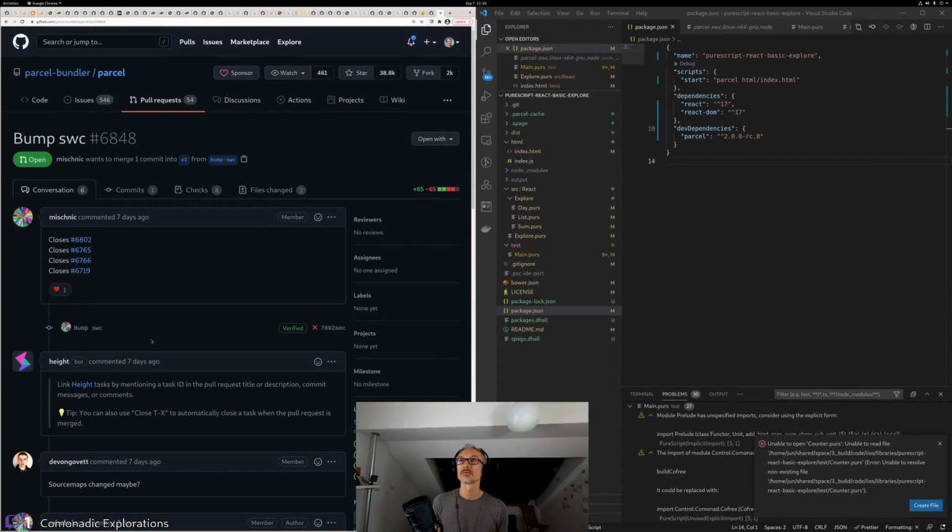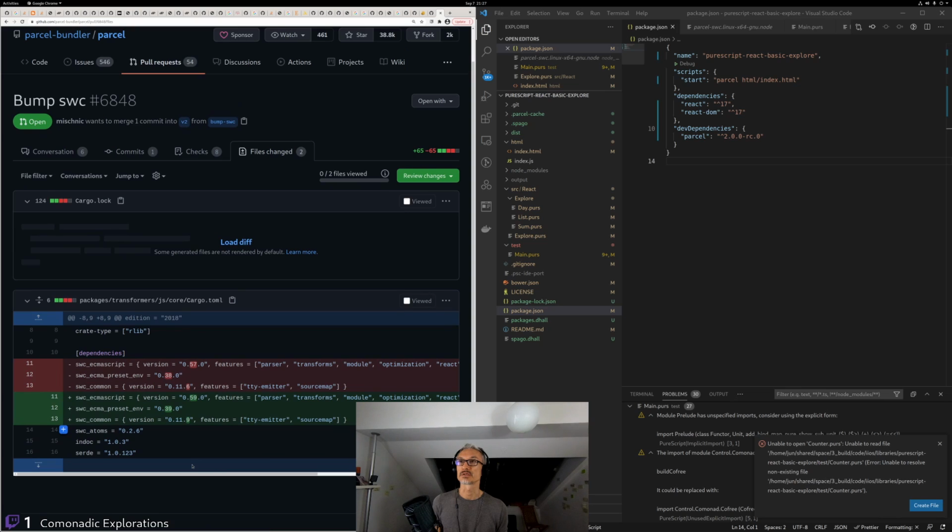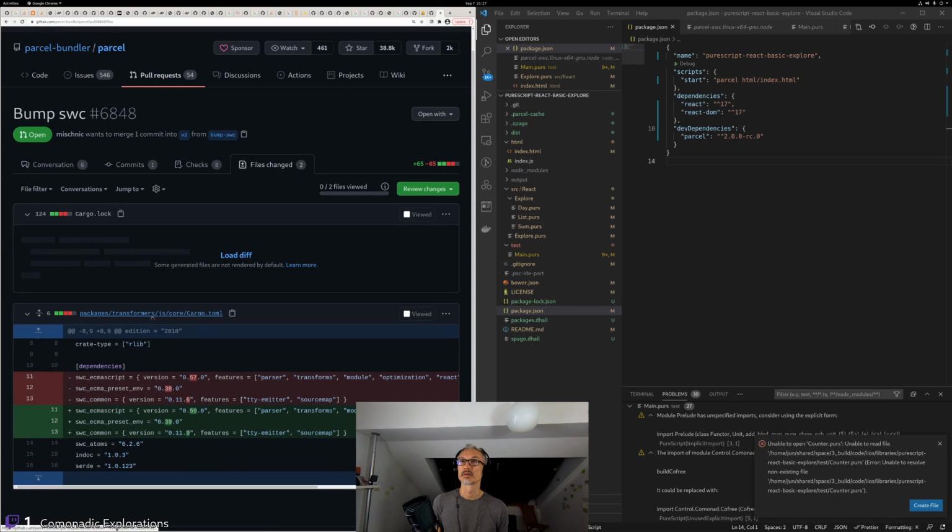Doesn't seem to pass. SWC preset env, SWC script. Those aren't the transformers. It does say transformer.js, so